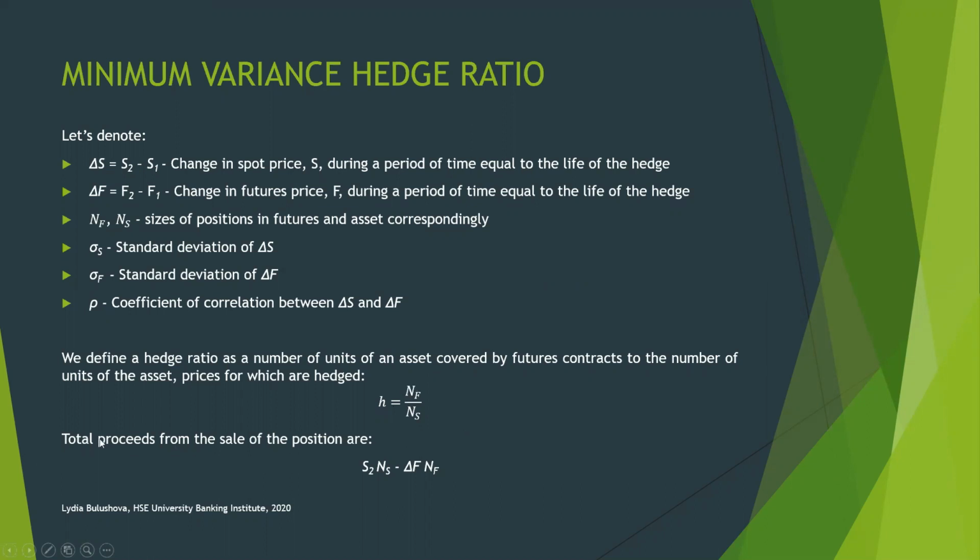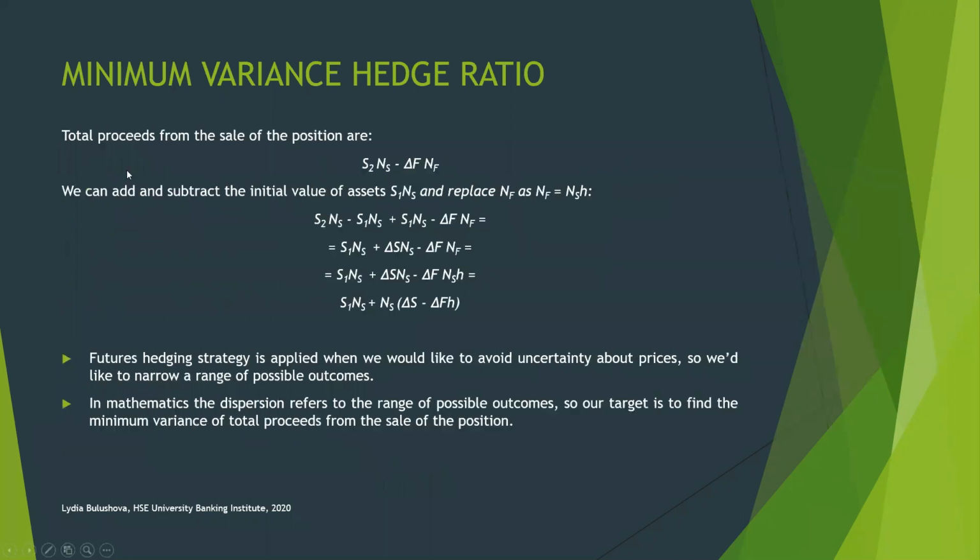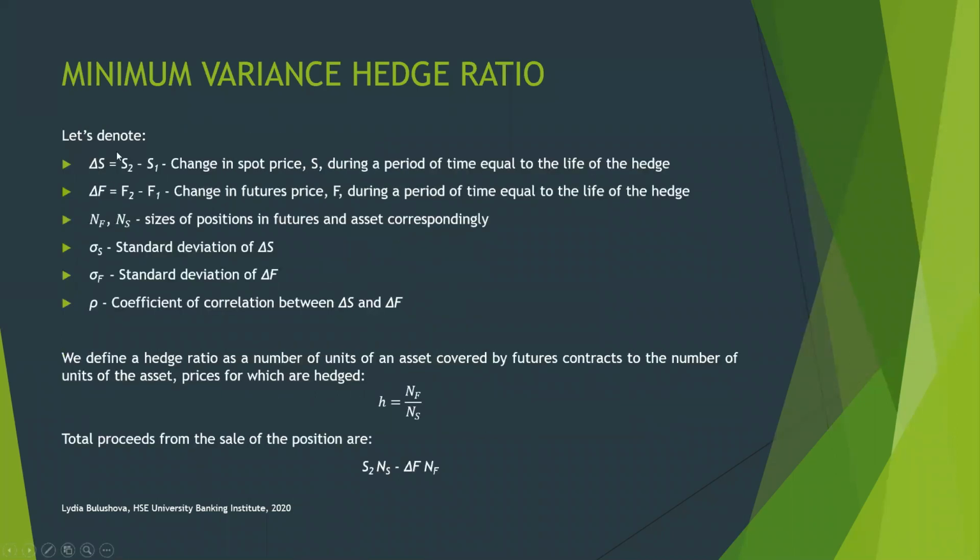First of all, we define total proceeds from the sale of the position. So we have S sub T. That's the final price of the asset. We sell S units of asset at price S sub T, the final price,